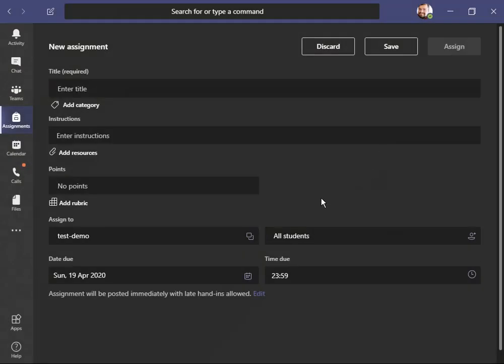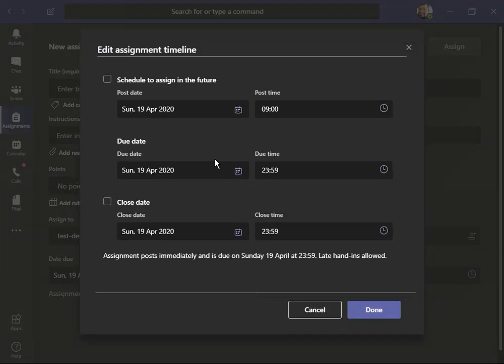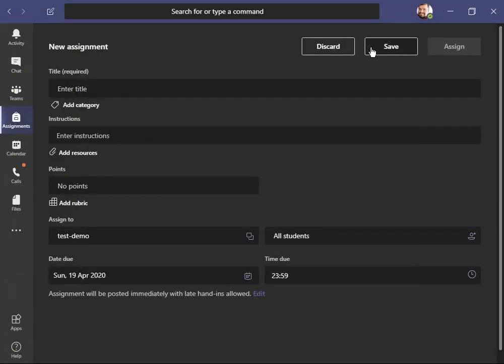The next thing is, it's an assignment, so it's going to have a deadline. You can ask for a due date here. You can schedule a time and a date, and also you have the option of deciding whether the person can submit the assignment after the date also. If you want the person to submit only until then, you can set it as a closing date, but if you leave it open, even late hand-ins will be allowed. So with these options, assignments have already been created.